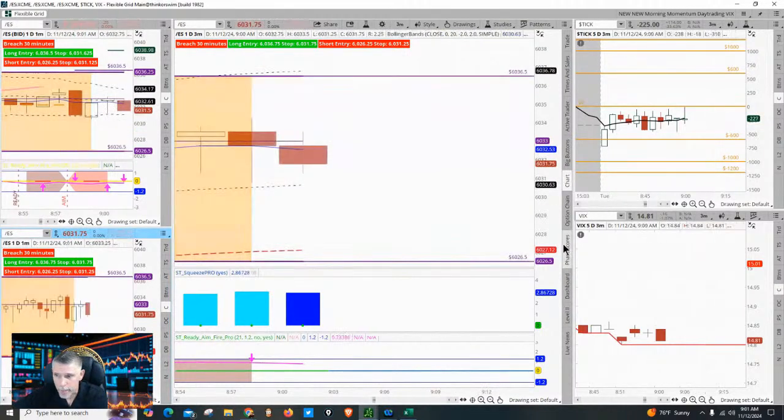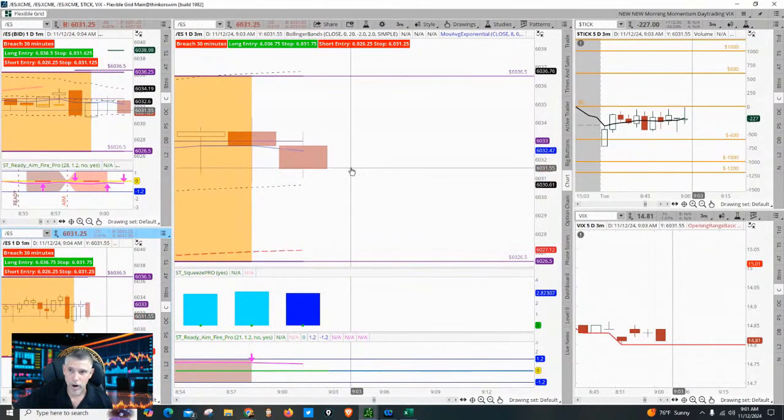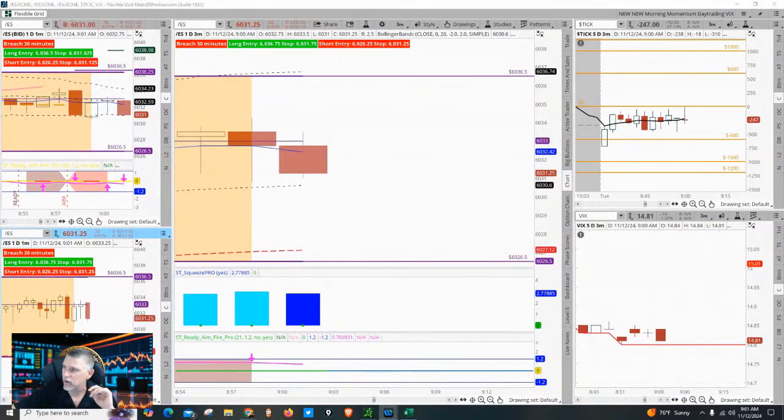So I want to go long. I'm going to be looking to go long, potentially, okay? I know it's going down, but that's where my brain is thinking right now. And I think I'm going to be looking at those 600s. I'm not doing it yet, but I'm just getting ready.